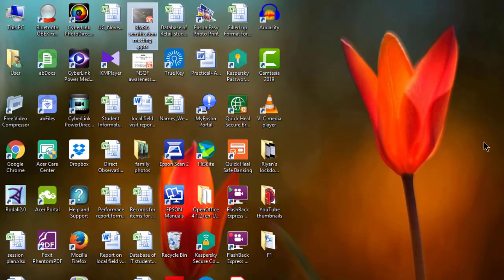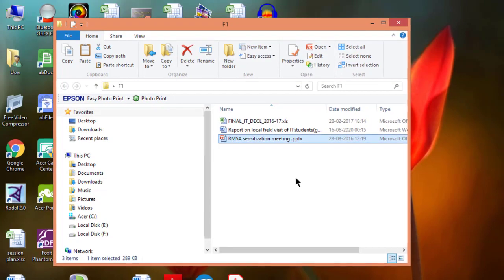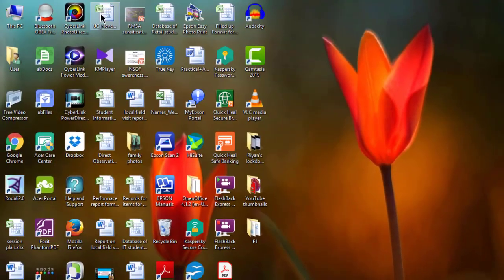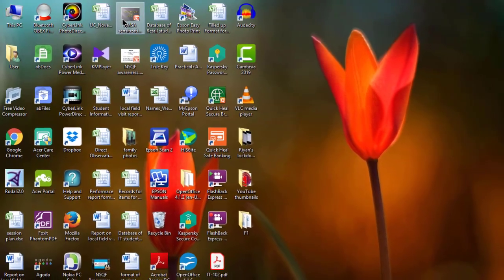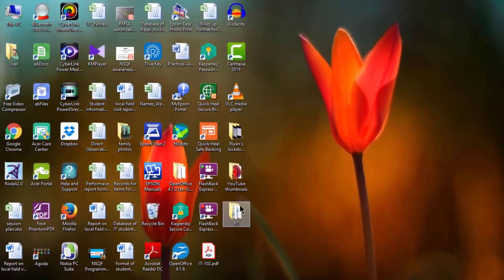So I am pressing Ctrl C from the keyboard, and you just open the folder by double clicking on the folder and you just press Ctrl V from the keyboard. So this file has been copied to this folder and this file remains in its original place also. A duplicate copy of it has been pasted to this folder.